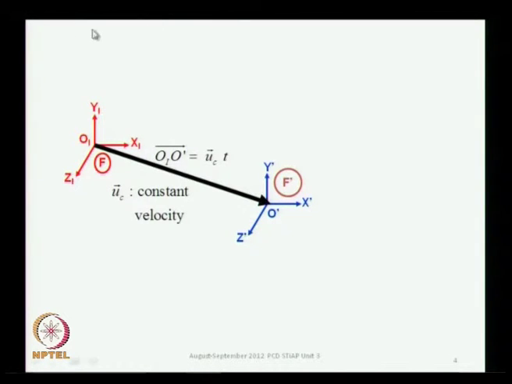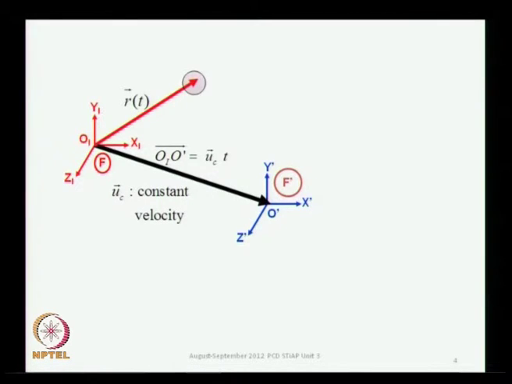So let us look at phenomena seen by 2 observers, one in an inertial frame of reference, which is this red frame, and the other also an inertial frame of reference. The second observer in this blue frame is also in an inertial frame, and an inertial frame is one which moves at a constant velocity with respect to another one. So the second observer is moving at a constant velocity, which is this u, with respect to the first observer, and let us say that there are these 2 observers whose observations we are comparing,